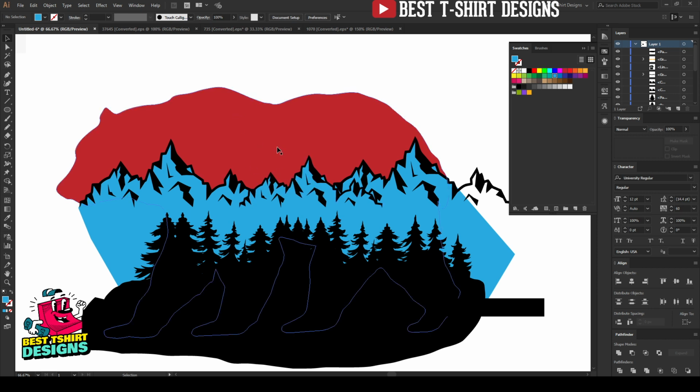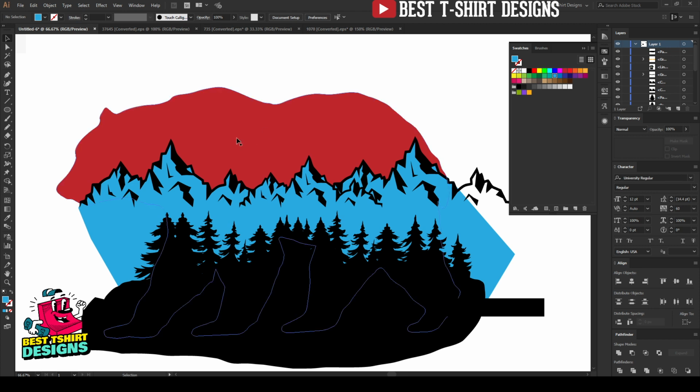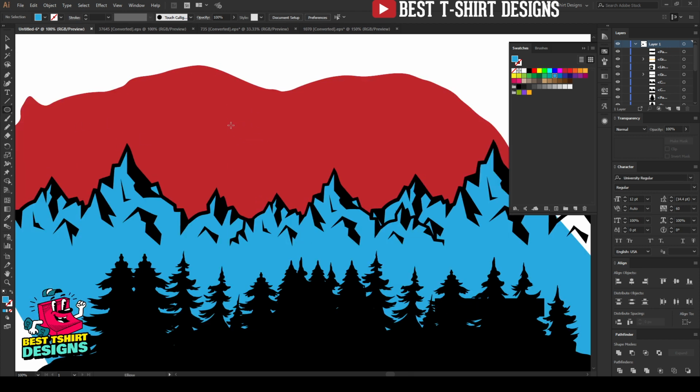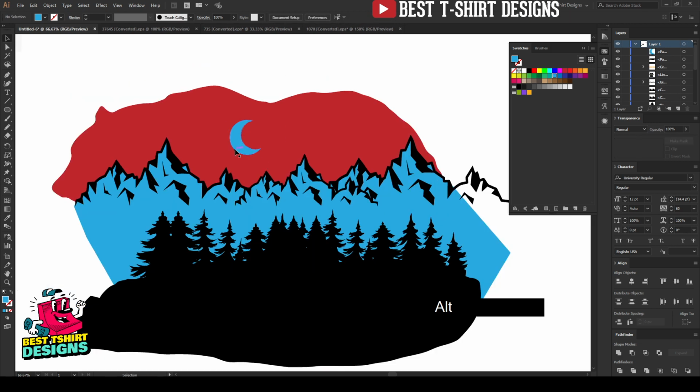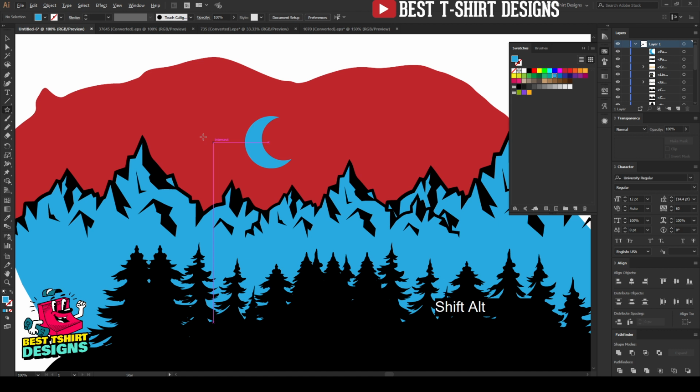And for this area we can of course add some stars, a moon kind of thing. I'm going to keep the same blue for now, sorry guys. So kind of this. Now I'm going to press Shift M for shape builder and erase that part. So that is my moon there. And now of course we can do some stars here, and that is going to take me some more time.